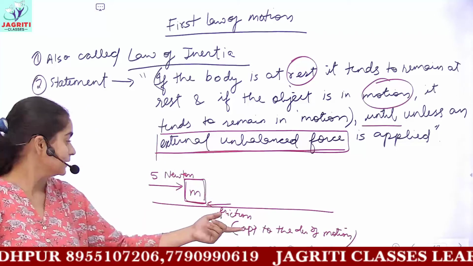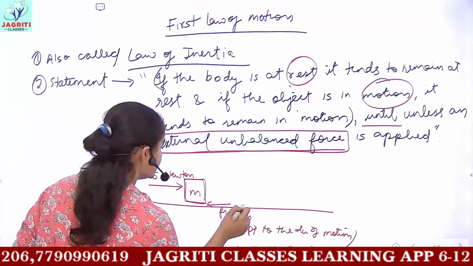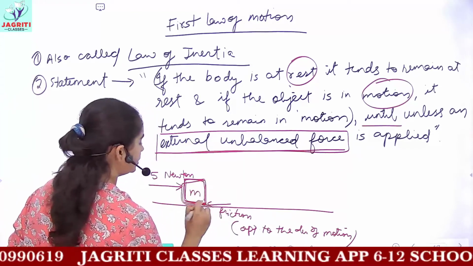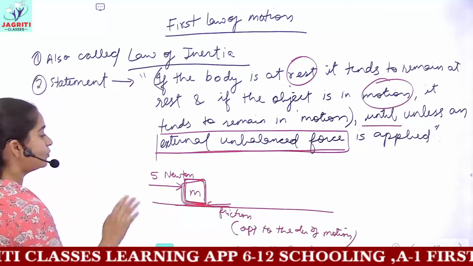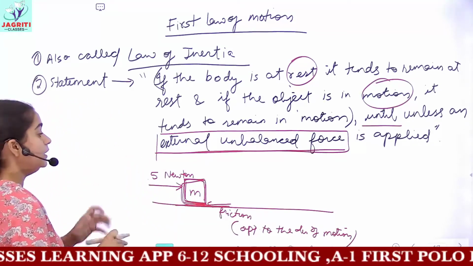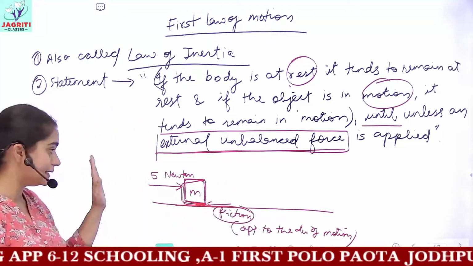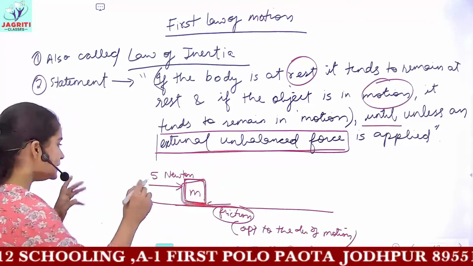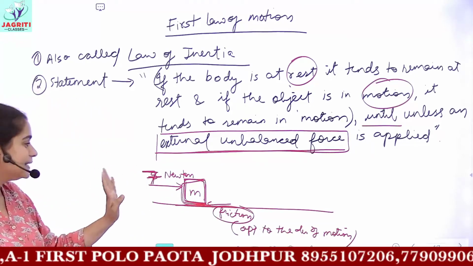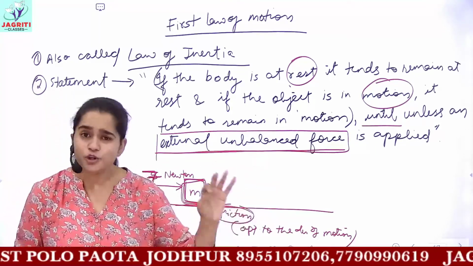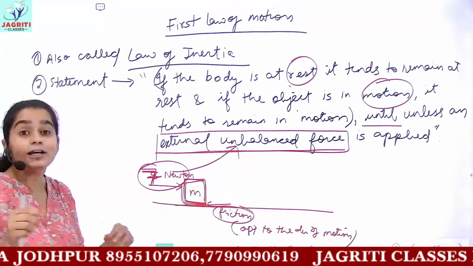Friction is a contact force, that is, it is applied when the object is in direct contact with the ground itself, and the ground applies a friction force. So whenever you are applying a force of 5 Newton, the object is not moving. Why? Because you have a friction force which is opposing your external force. But once you increase your force and now you are applying a force of 7 Newton, you see that the object starts moving. So you can conclude that this 7 Newton force works as an unbalanced force.